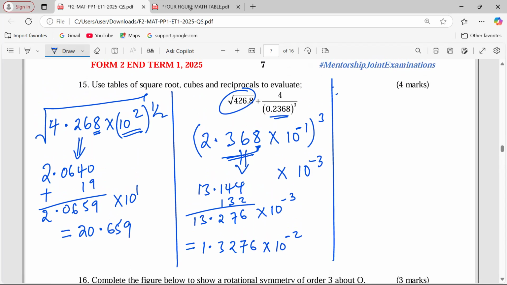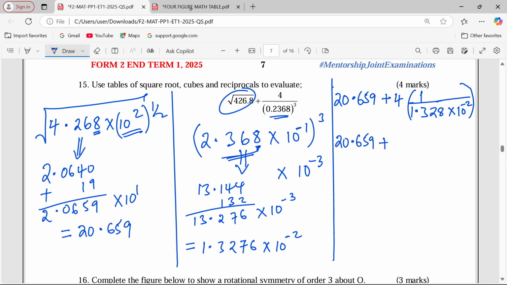which is known 20.659 plus 4 into the reciprocal of 1 point. Remember, it should be 4 SF because we are talking of the 4-figure table times 10 power negative 2 that way. So it's a 4-figure table. We cannot read 5 significant figures. So we round it off to 4 SF. Therefore, this will be